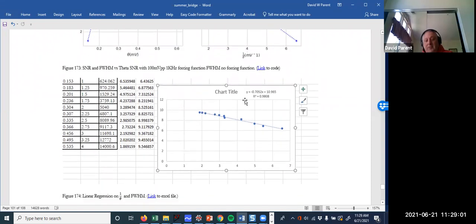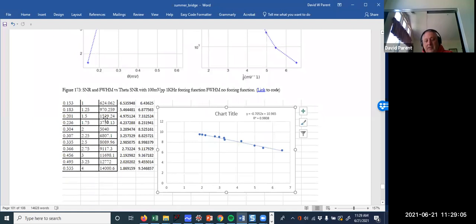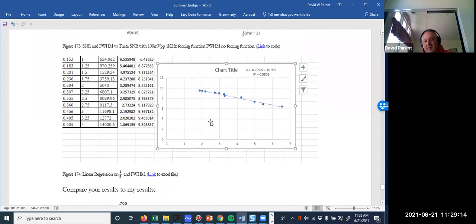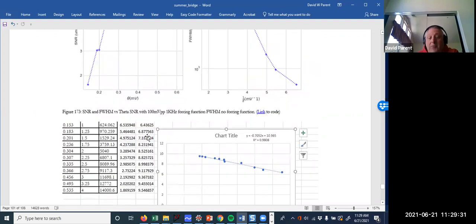And what you do is you just cut and paste the theta values and the full width half maximum values, calculate 1 over theta, and then natural log of full width half maximum, do a plot, and then do a linear regression, which you can do any way you feel like. That's just the way I happen to do it. And when I do that, you get a barrier height of 0.705, all right,